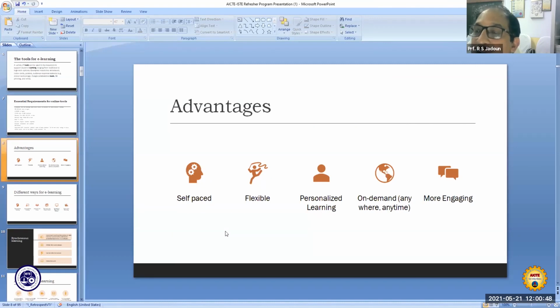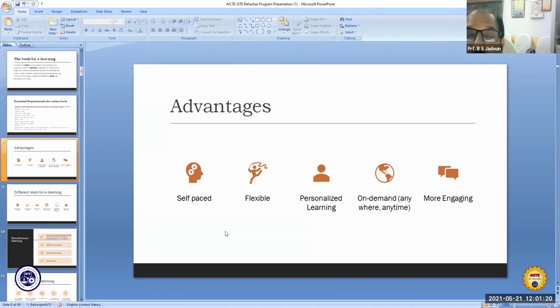With what advantage? The advantage will be that whatever is being delivered, as this session is being recorded, every session can be recorded and the delivery can be made available for future use also. So it is self-paced: whenever the audience or the participants find time, they can look into it.